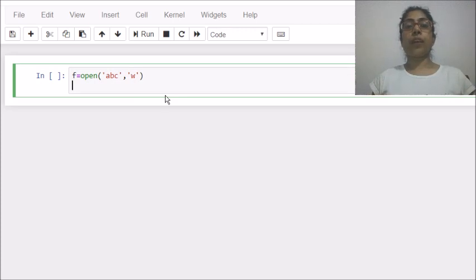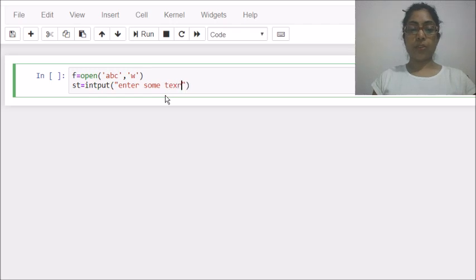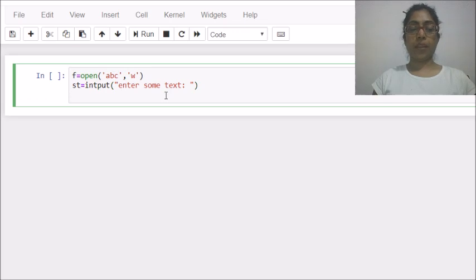I have opened the file. I want the user to give me data, and that data I will store in the file. So for user data I will use the input function. Let's take a string from the user input, enter some text, or you can give any message that you want, and that st which I just took from the user, I want to store that st object to my file.